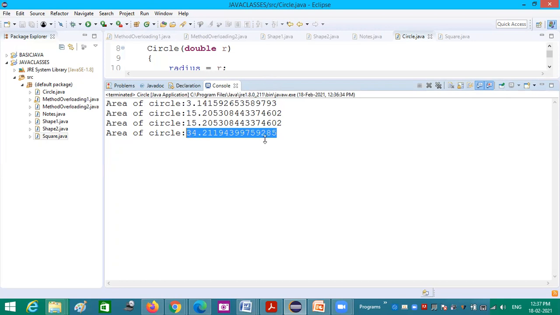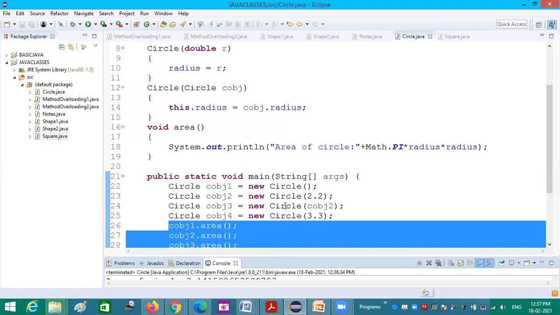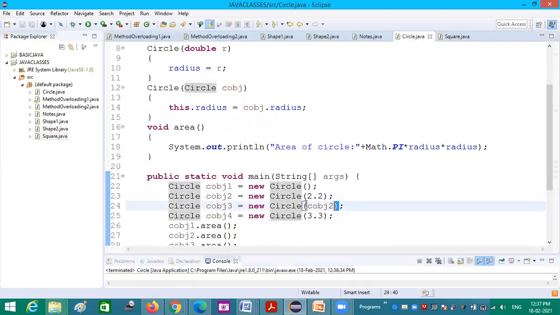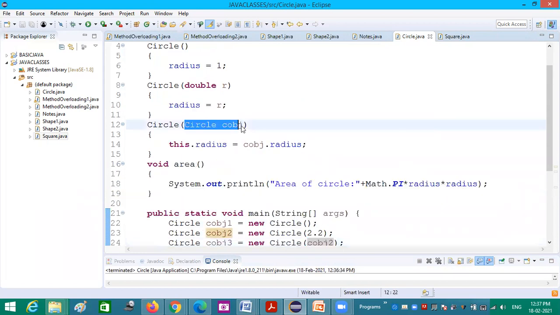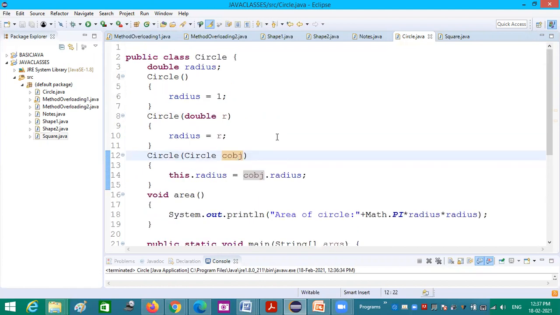Okay. So now in this example, we have learned how to pass an object as a parameter. Here I'll be passing another object, and to write that I should give the class name and object. So this parameter's type will be the class name itself. This is a good example for passing an object as a parameter for a constructor. Now, the same can be done for methods also.